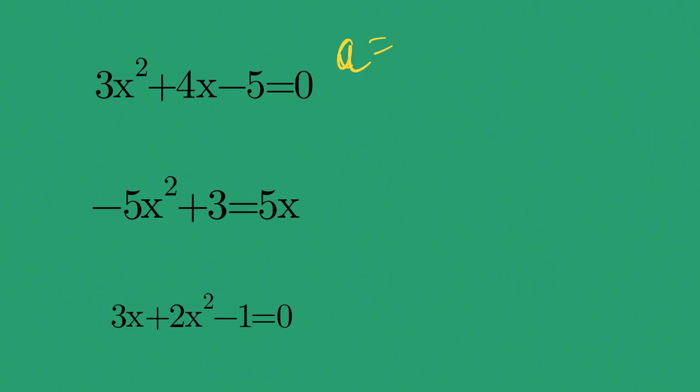Okay, in that equation, what would be my A value? And you guys said what? 3. Your A is 3. What's your B? 4. Good. And what's your C? Perfect. -5. Okay? So when we look at these expressions, when we're trying to identify A, B, and C, guys,